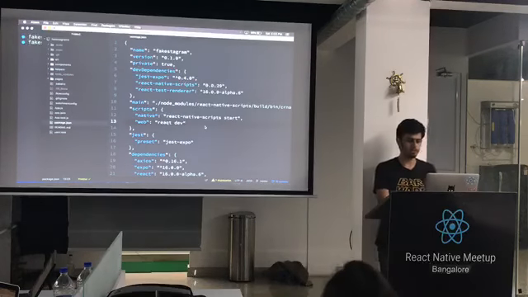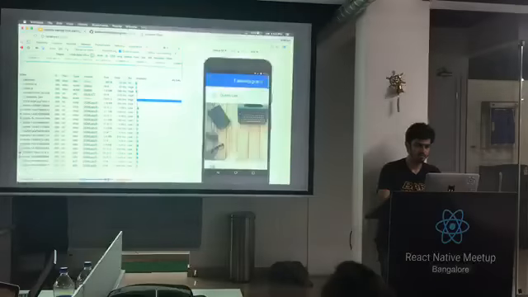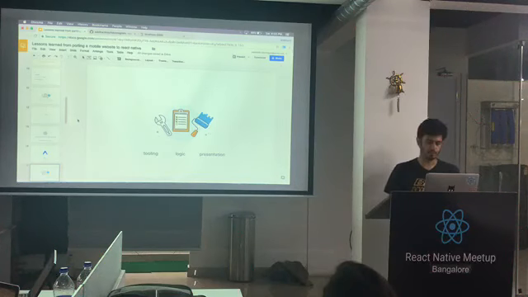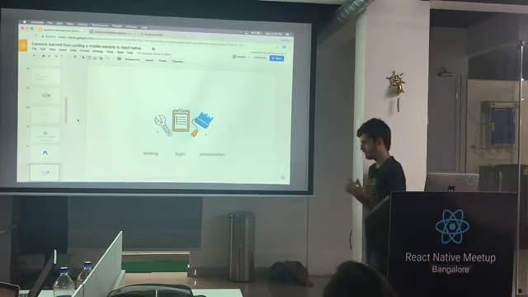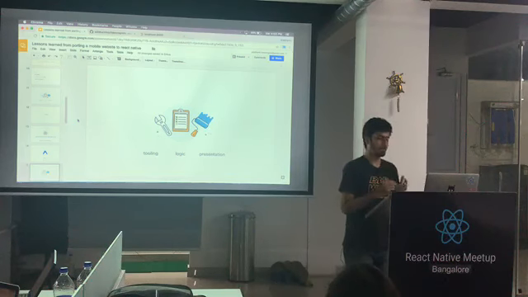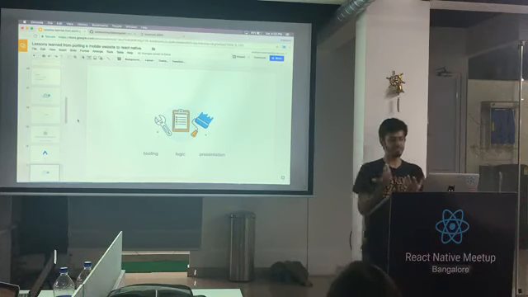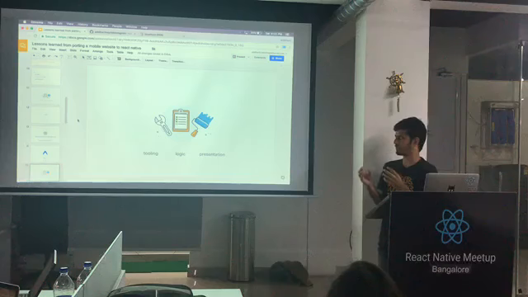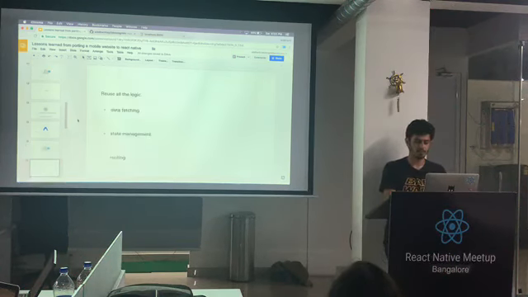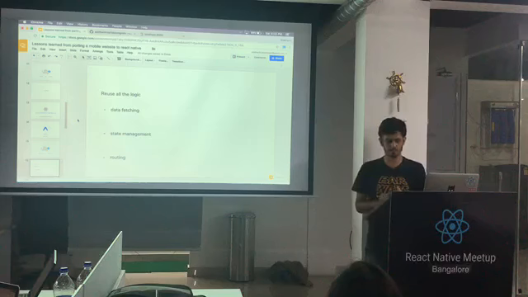Right? The other part of this is the logic part of it. So logic is basically all of your data fetching, all of your user management, all of your app starting pages and all of that. Right? Anything that doesn't require something shown to the user, anything on the screen. So these are the three things that you can do.